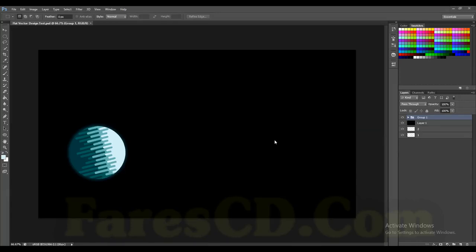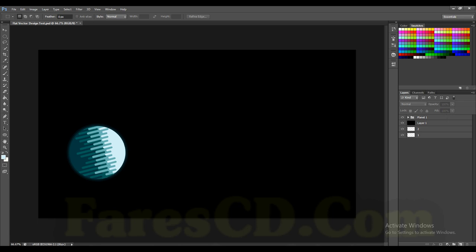Okay, so now that we're done with the planet itself, we will be adding in some more detail to the entire scene. We'll be adding some orbital lines along with the stars because that really is going to light up the scene. So now let me just rename this layer. I'll just double click over here and call it Planet 1. And this is going to be the very first planet. It's going to be the biggest planet